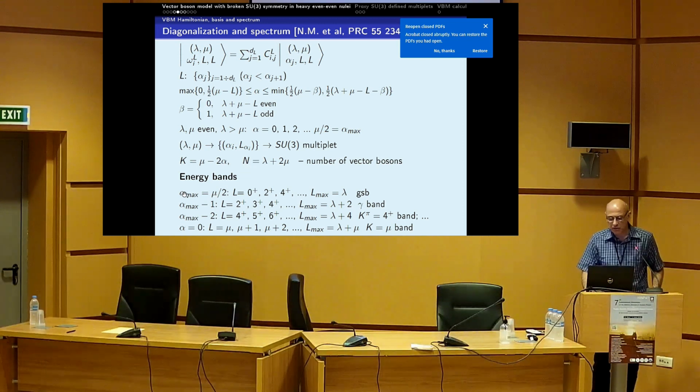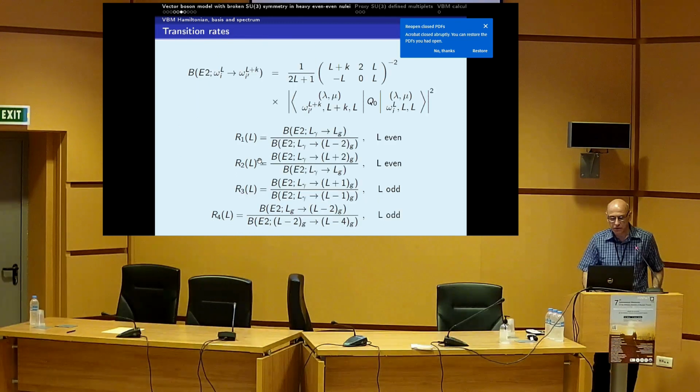Then the structure of the spectrum is determined by different values of the quantum number alpha. The maximal one determines the ground state band. The next smaller one determines the gamma band, and then other values of alpha until reaching 0 determine the band built on the 4 plus state and so on, to the state which is with band head k. And k is determined in this way. So one can also calculate any transition rates between the states of the bands which appear in this SU3 representation, the so-called SU3 multiplet,